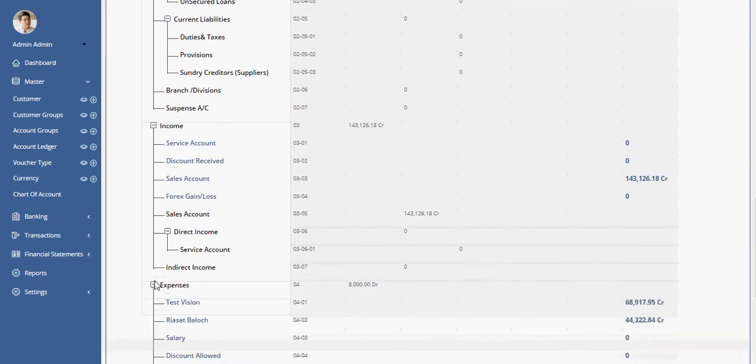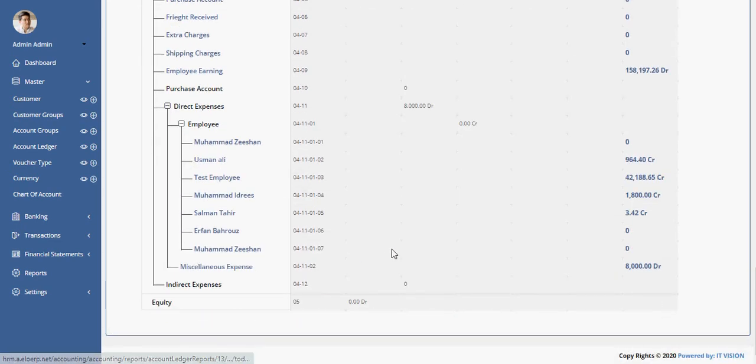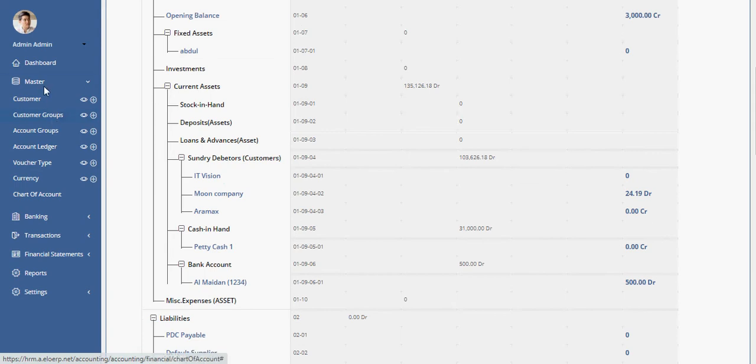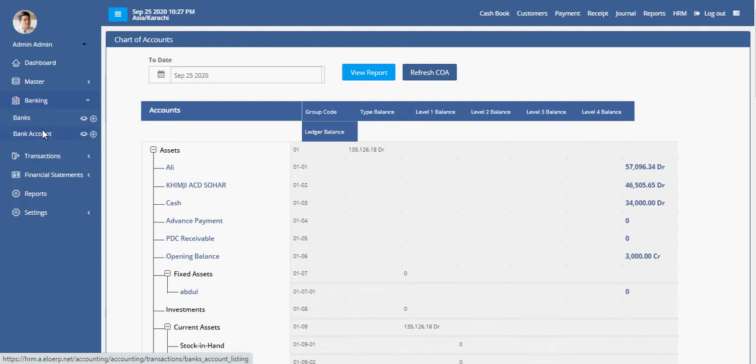These are the income heads, expense heads, and this chart of account can be fully designed from this master section, account group and account ledger. Right now it shows 4 level chart of account. In the banking, we can create bank accounts.